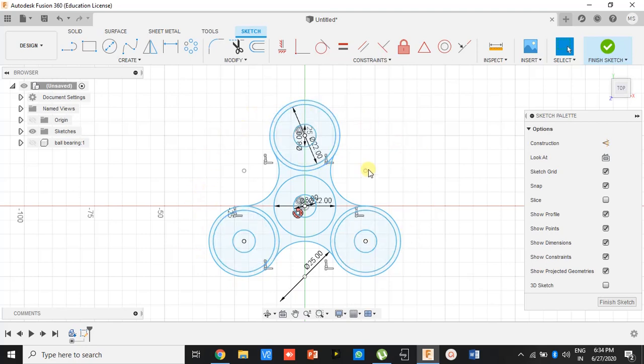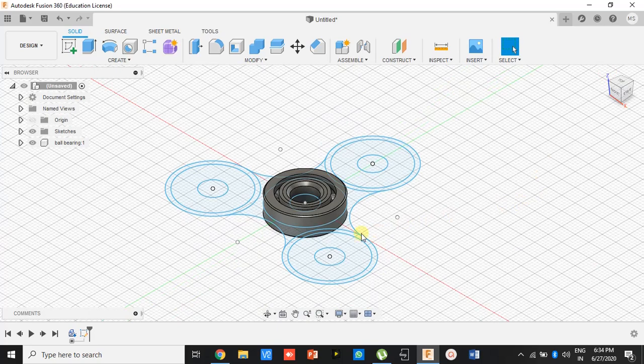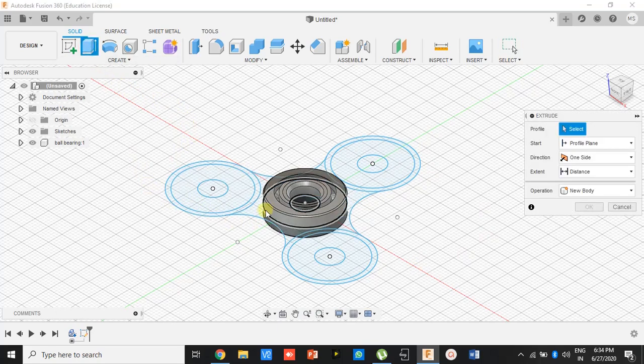Now it's time to enable the ball bearing. So here the ball bearing is properly fixed inside the sketch of the fidget spinner. It's time to extrude the sketch. So click on finish sketch, press on home position. Now guys, we'll extrude the sketch from both sides, that is from top and down. So click on extrude, select the profiles,